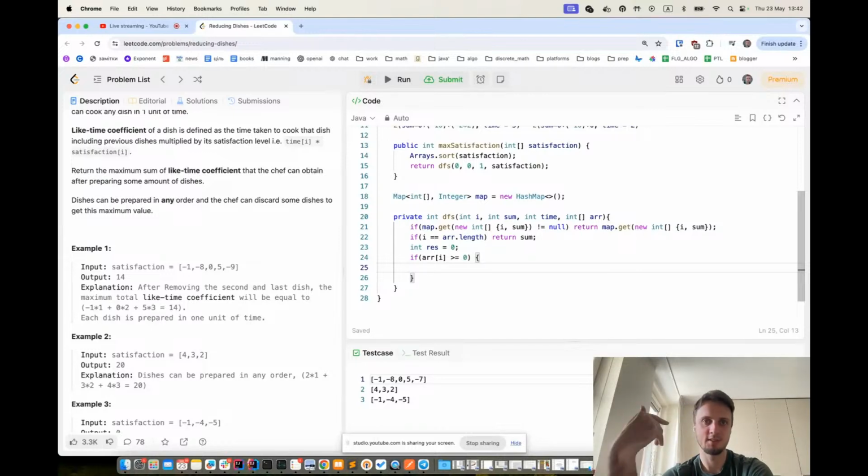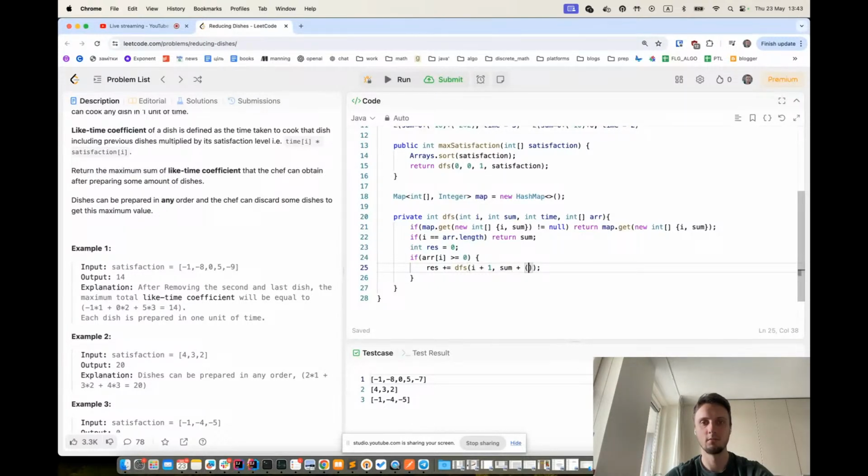Yeah, so if it's greater than 0, then definitely we always should take this element and multiply this element actually. So we should add to our result DFS call with I plus 1, sum